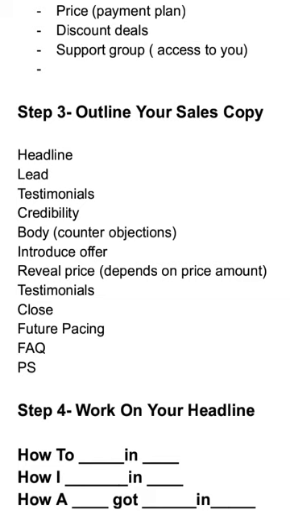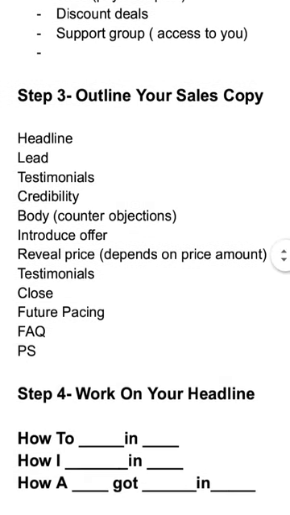An outline is also called a copy structure. A structure is different parts of the same thing. The whole goal of writing copy is to generate sales. So it doesn't matter the kind of structure you use or the kind of outline you use, as long as it gives you the goal of a sale. Okay? So this is an outline you can use, but there are many outlines and there are many other kinds of structures. Okay? Usually an outline starts with a headline, with a lead. Those ones are usually permanently there.